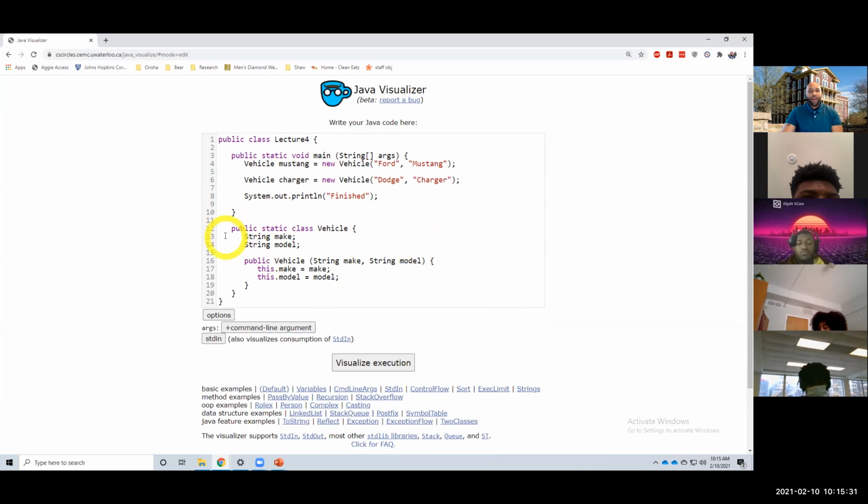And now we have this public class vehicle. It has two variables in it, two class variables. This constructor, string make, string model. This dot make equals make, this dot model equals model. So now if I run this,